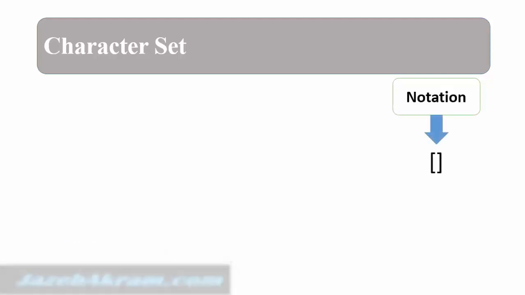Continuing the character chapter. In this lecture we are going to learn about the character set that is represented by brackets. Now what is a character set? We use a character set to define a set with certain characters, and the regular expression engine will pick any character from